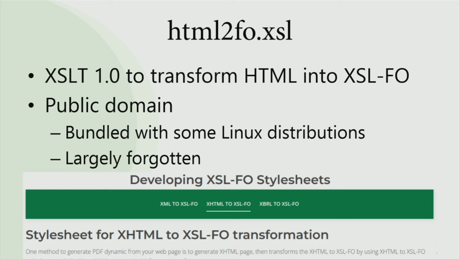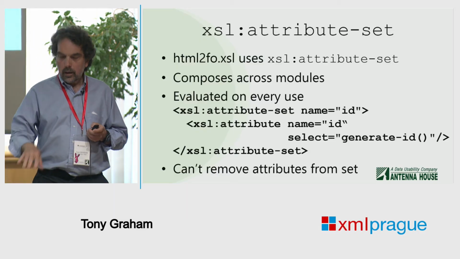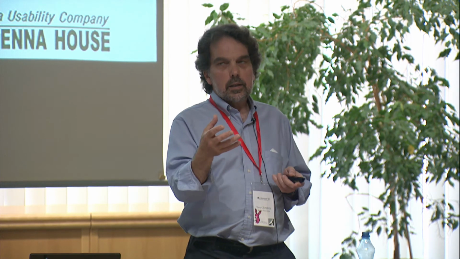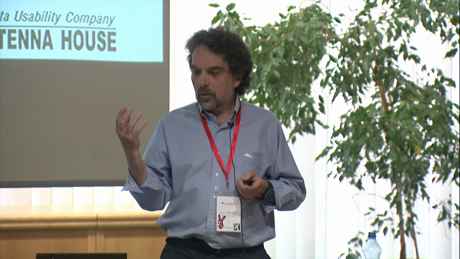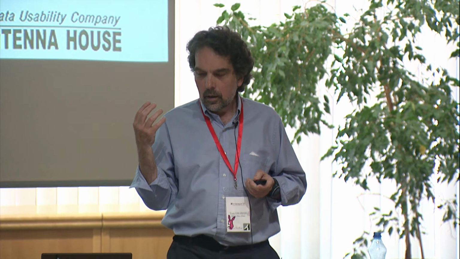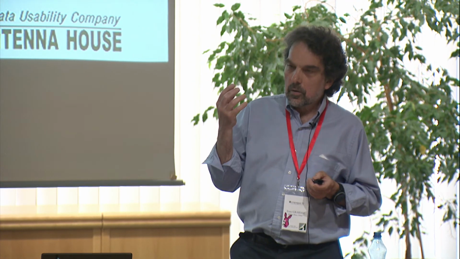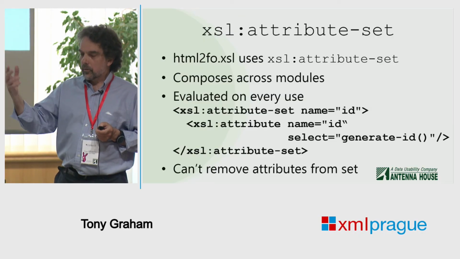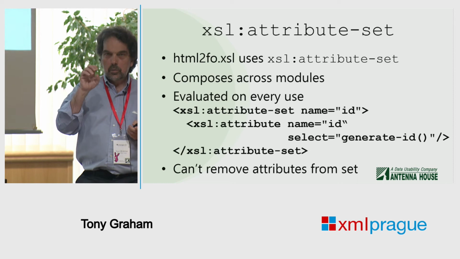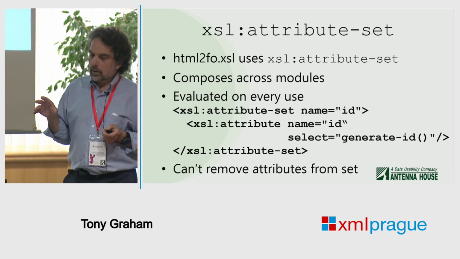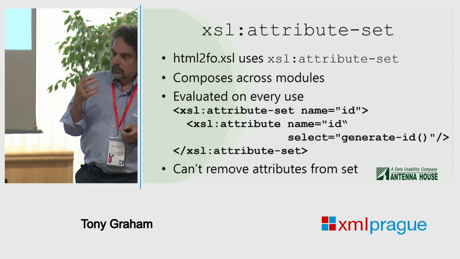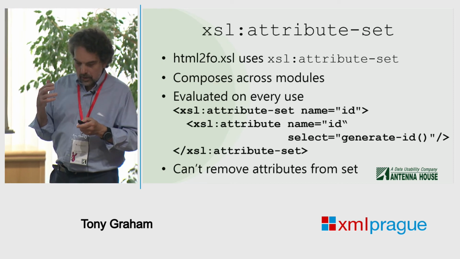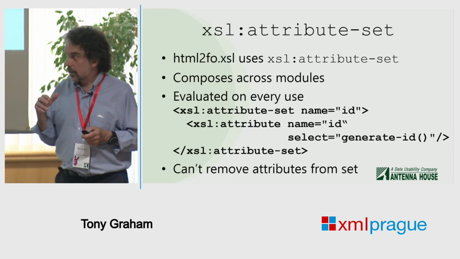The HTML to FO style sheet, the XSLT 1 version, is still on the Antenna House website. Since it's in XSLT 1.0, it makes a lot of use of xsl:attribute-set, which has its uses because you can have a named attribute set and add to it from different modules to build up or override properties. Another feature of attribute sets, which I don't think gets used very often, is that